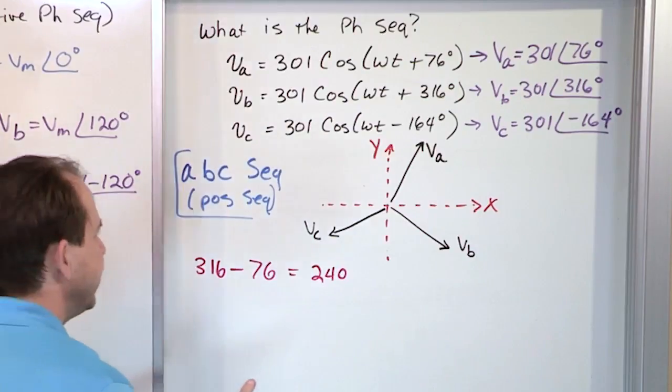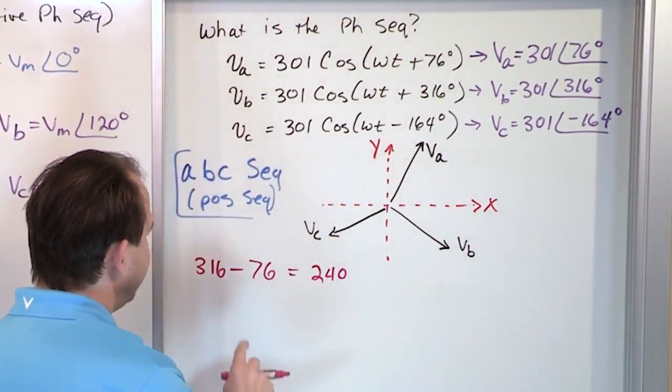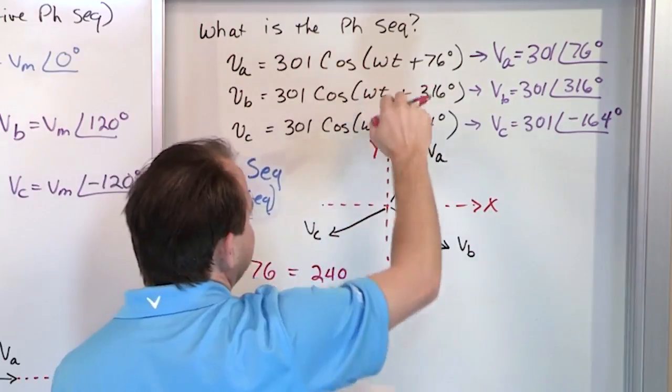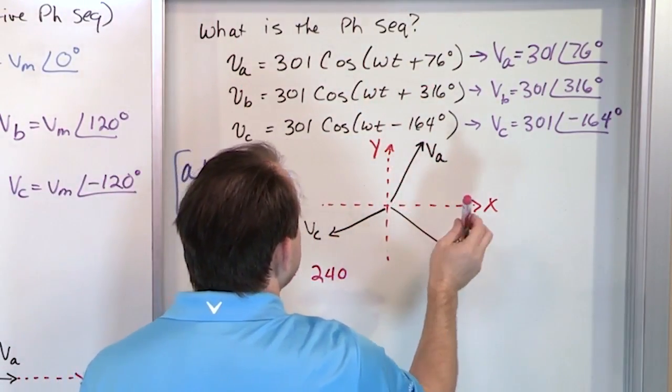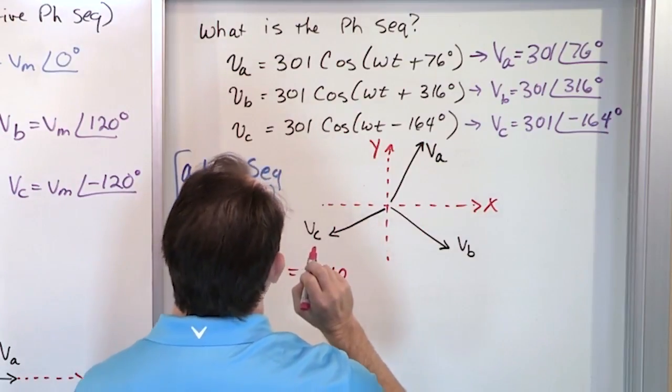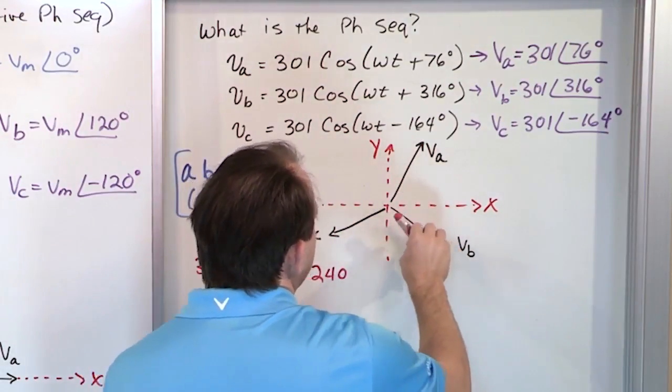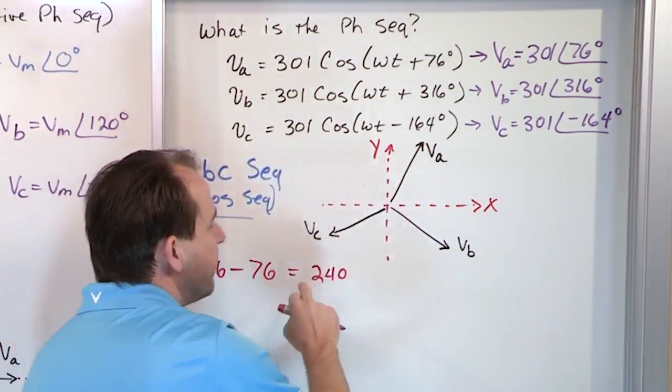But then you realize that, as I told you in the past here, you're looking between A and B. This is A and B. So this is A and this is B. What you found is, when you subtract them, if you get a number bigger than